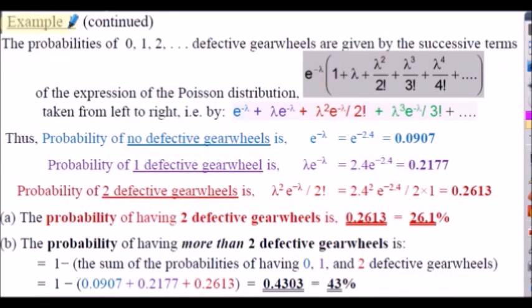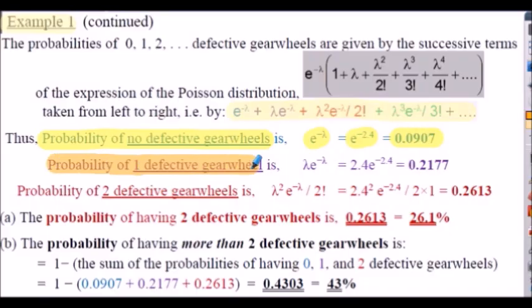Example 1 continued. Just repeated this expression for convenience. So the probability of no defective gear wheels, that's the first term in our expansion, that's e to the negative 2.4 in this case, evaluates to 0.0907. The probability of 1 defective gear wheel, that's the second term in our series, lambda e to the negative lambda, that's 2.4 multiplied by e to the negative 2.4,